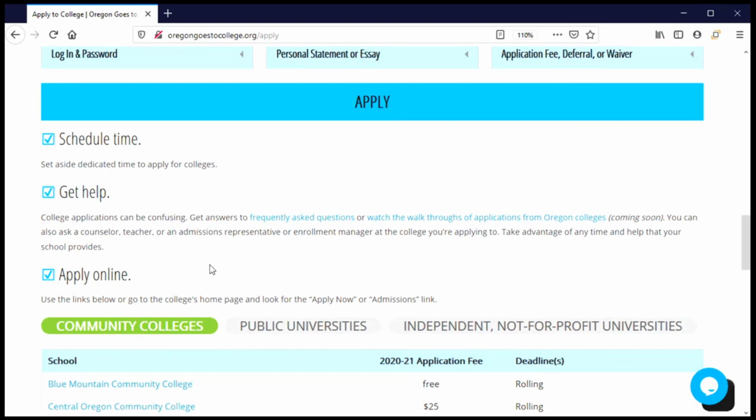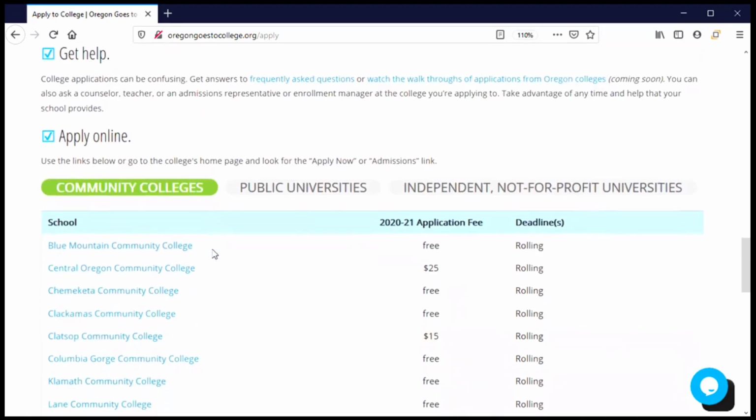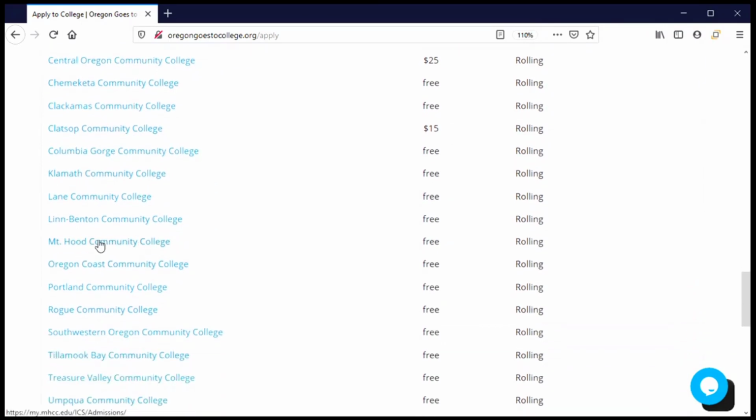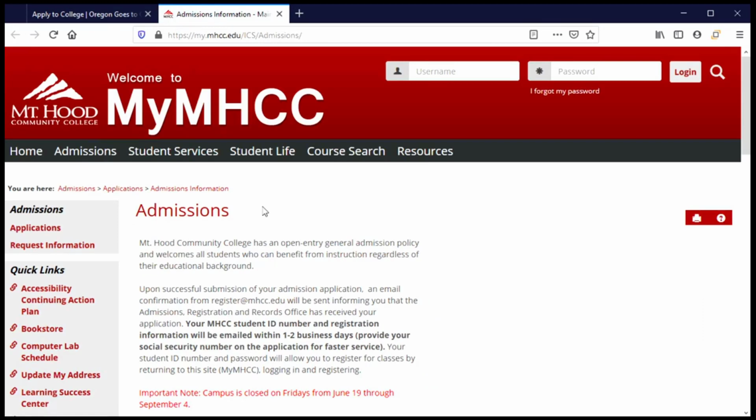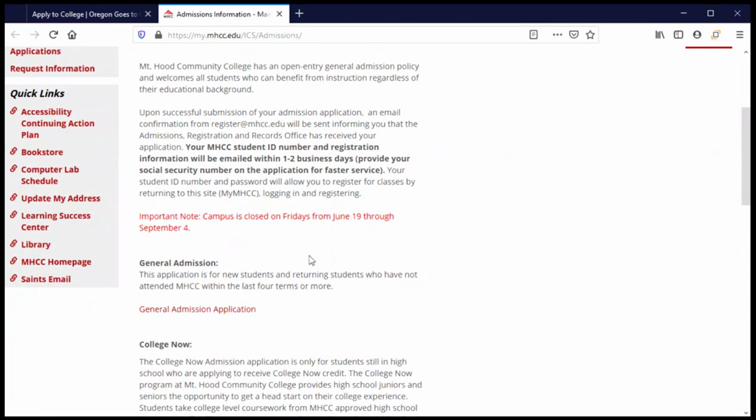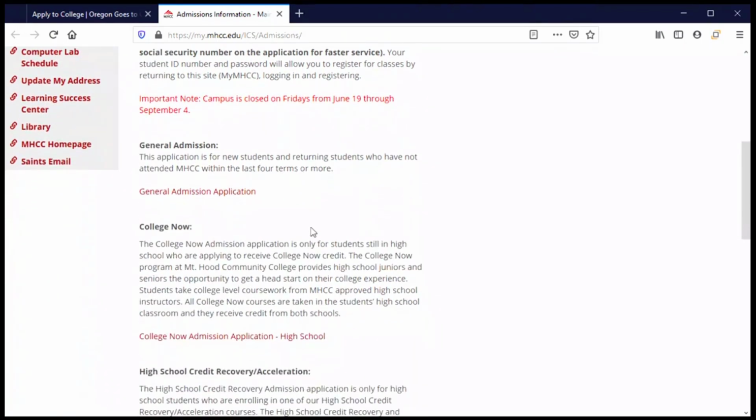We know that we're applying to Mount Hood and already have all of our information available and ready to go. So we're going to continue to scroll down to the list of colleges and choose Mount Hood Community College. When we click on this link, it will take us to Mount Hood's website, to the admissions page there, where we have the choice of the type of application that we'll be submitting. Because our plan is to be a new student after we graduate from high school, we're going to choose the